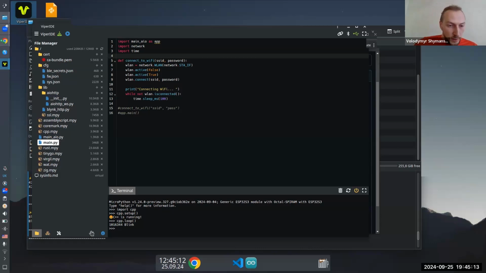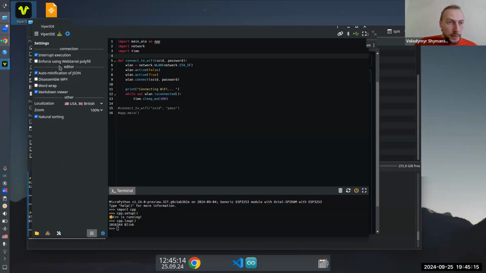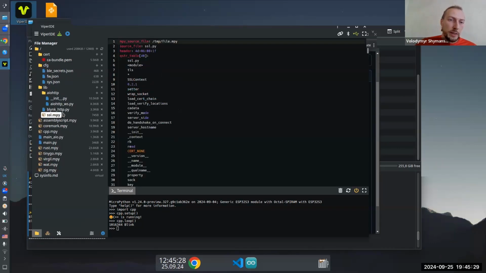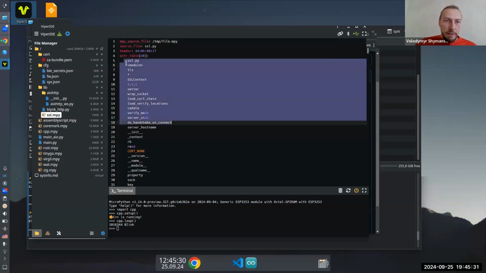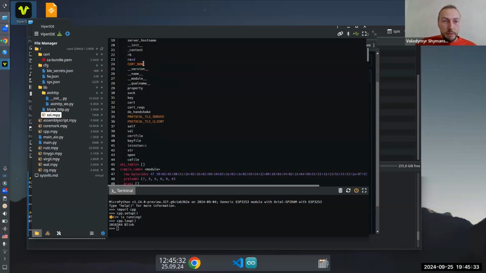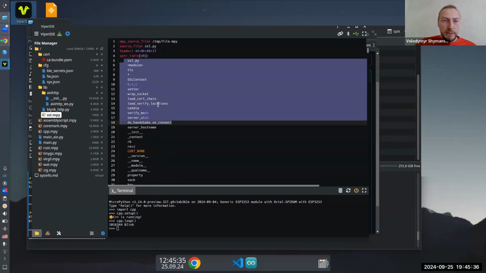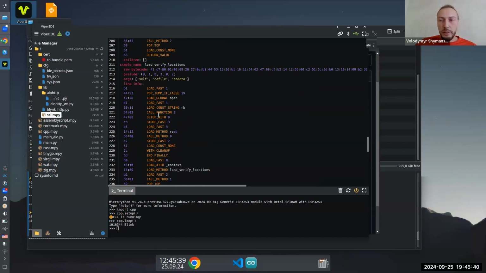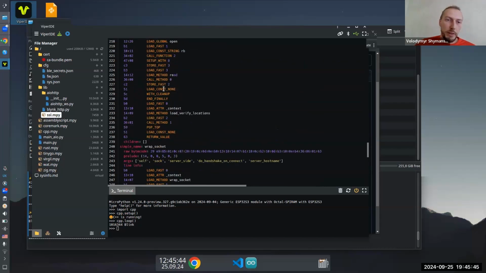I also would like to show you one of the features of Viper IDE: I can disassemble MPy files right in the IDE. I enabled it, and now when I go to the file system, let's check out the SSL module, for example. This one contains the string table, everything this module references, and then there is some bytecode in there, so you can actually read through the MicroPython bytecode.